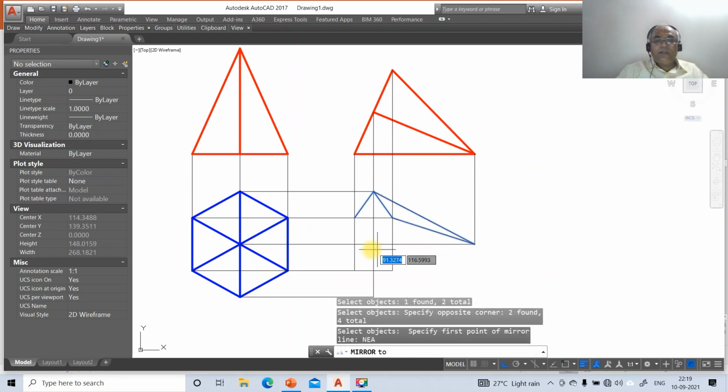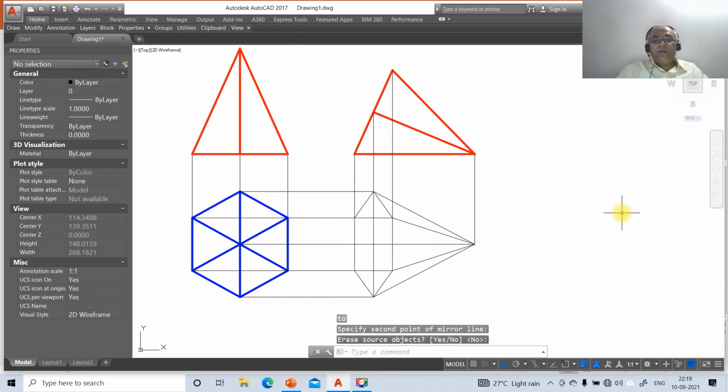Then go to nearest point on this. So you're going to get this on this side. Then go to line, take int of this and take intersection of these two and then intersection of these two. So once you do that, then go to break this first point,